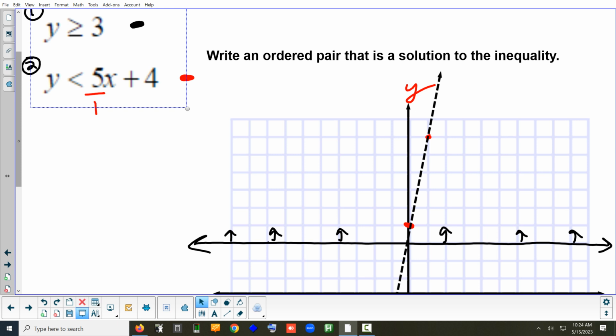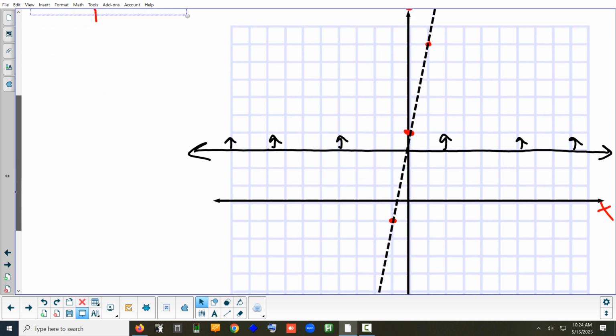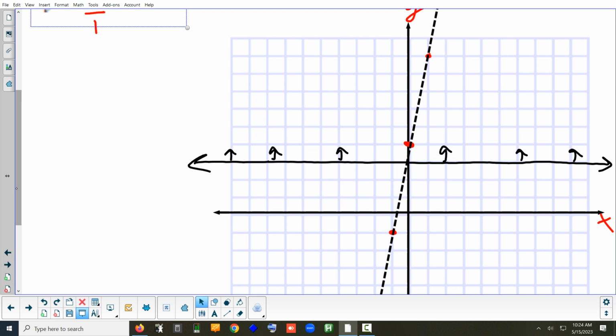So we have to think about where do we shade if you have this symbol in a regular case. Where does the chart always tell us to shade? Below. It's a less than symbol. It's a regular case. Less than means shade below. So below,